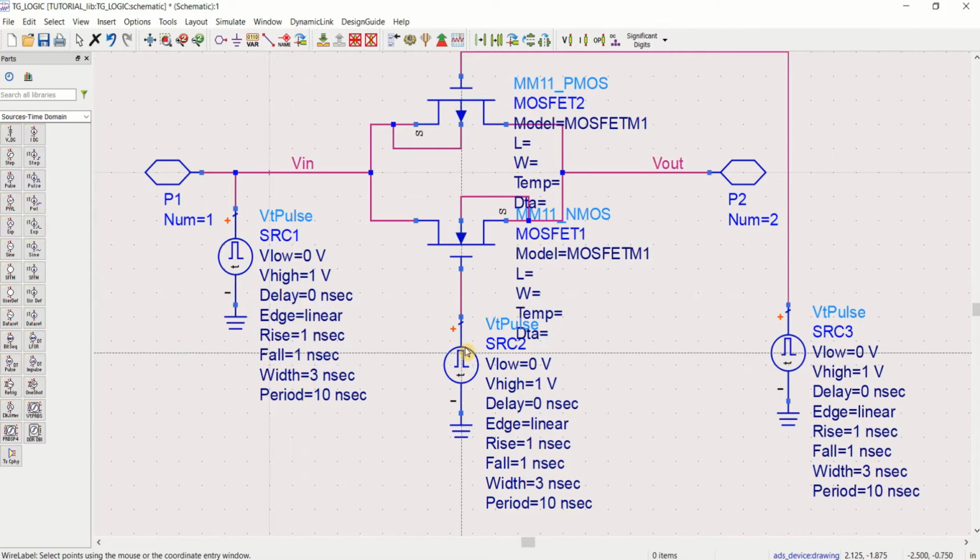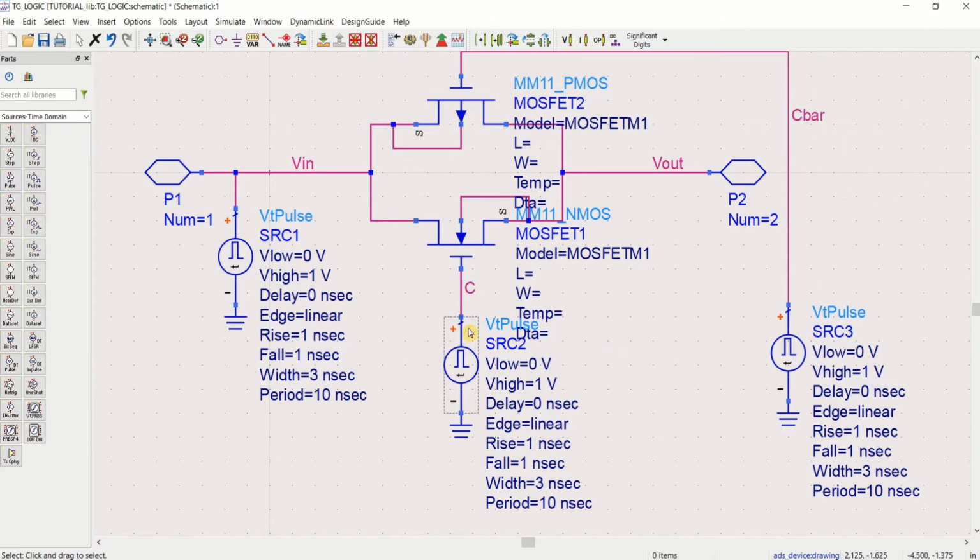Since these two are control signals, you can place like C and this input to C bar. These two are like complemented forms. C and C bar both are like complemented form.